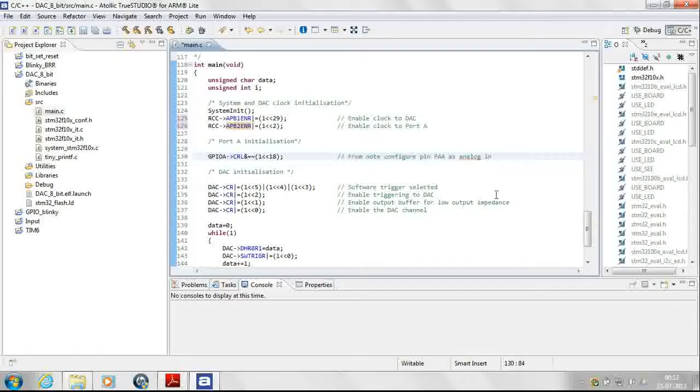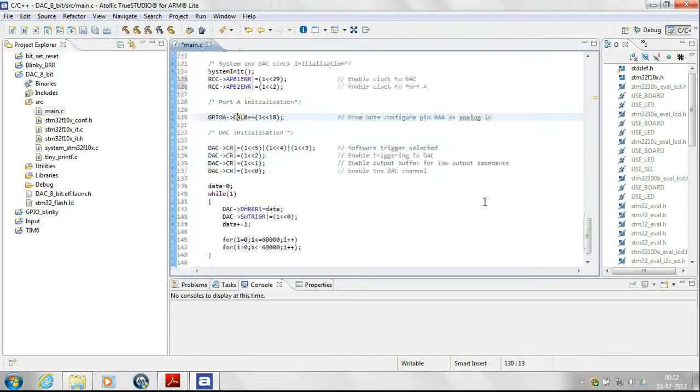In the GPIO port structure, we have already gone through this in another module. I'm just making sure that PA4 is configured as analog in.